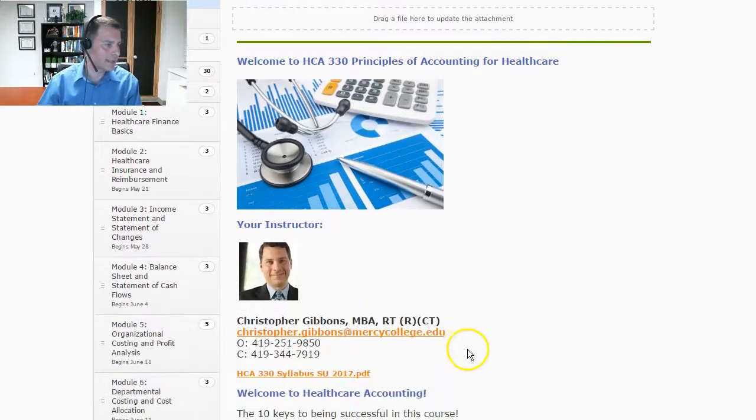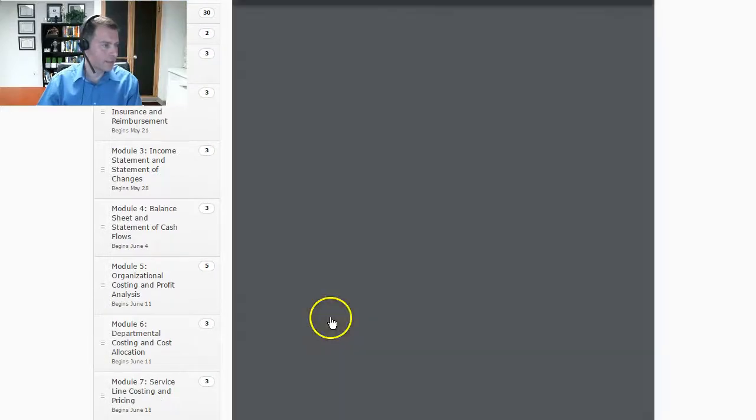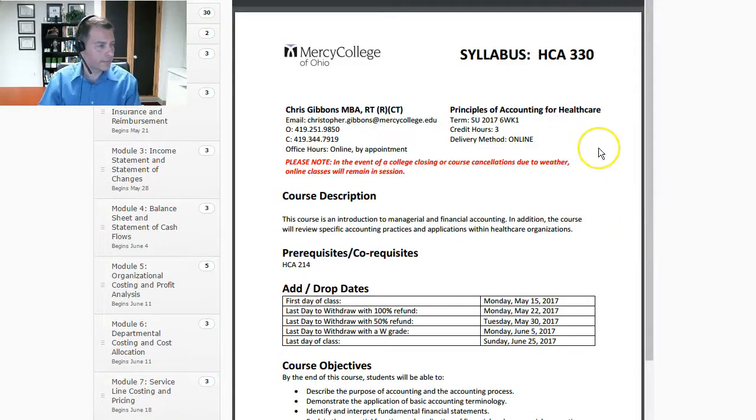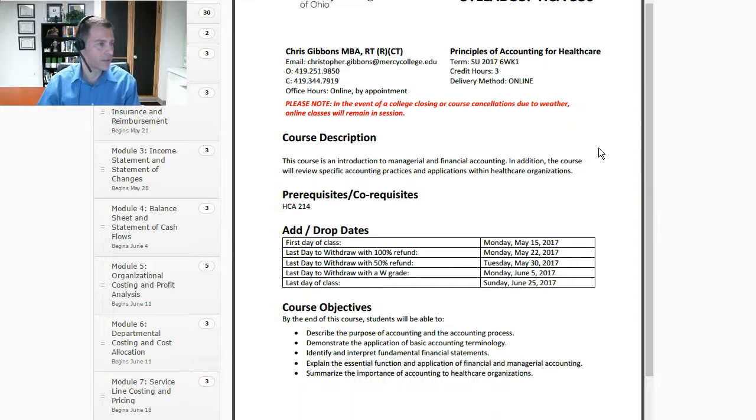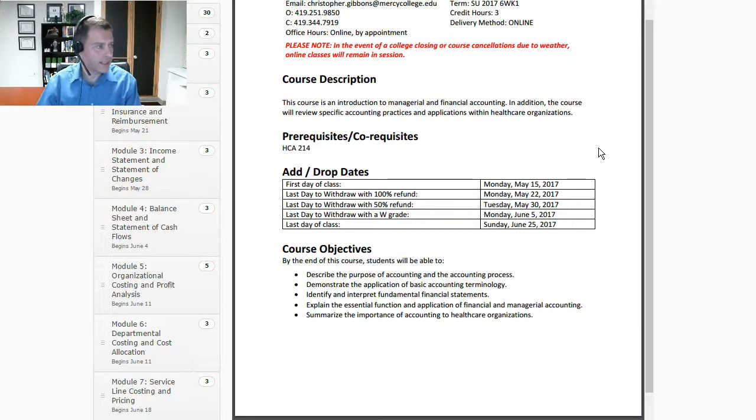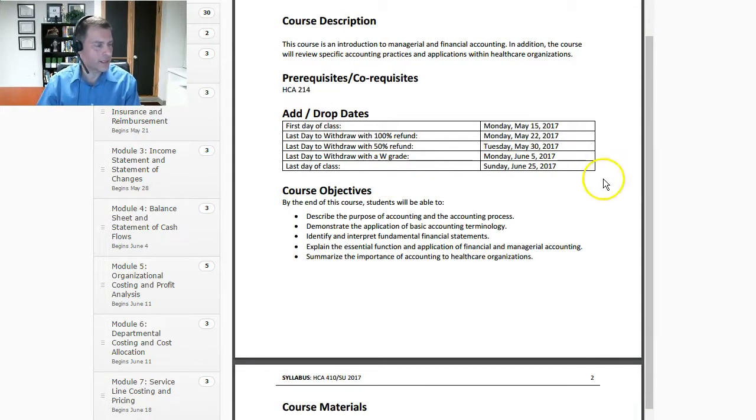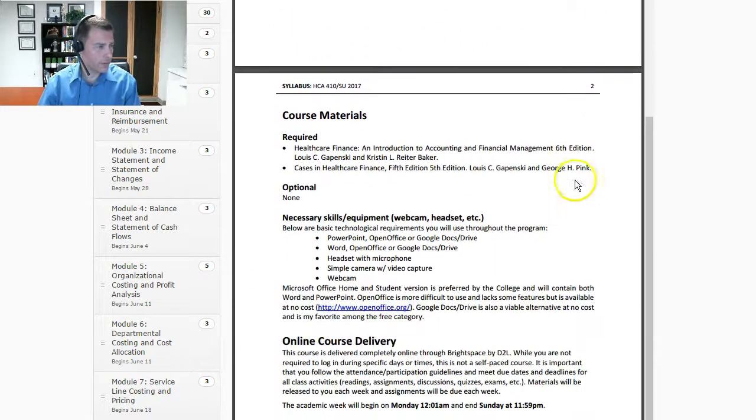Now let's go ahead and take a look at that syllabus, and we're going to talk a little bit about what we're doing as far as assignments throughout the course. Our syllabus follows a standard template. We've got our add/drop dates on here. Of course, no one has to drop, I hope. But should something happen and you have to drop the class, make sure you're looking at these critical dates because it depends on how much you're going to get charged. So if you're dropping this week, you have to do it this week. Don't wait until after the 22nd because then you do not get a full refund. But again, hopefully all of you are okay.